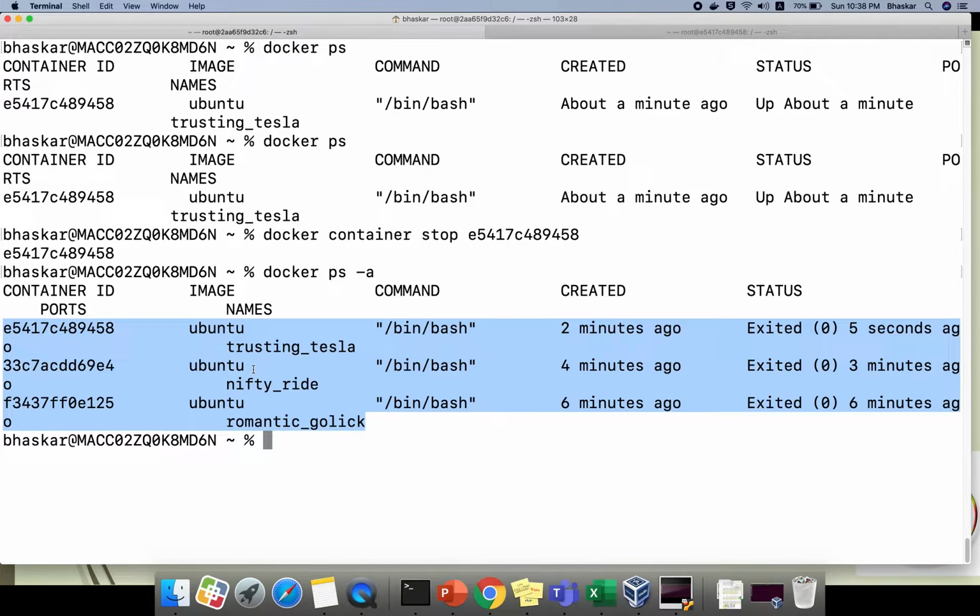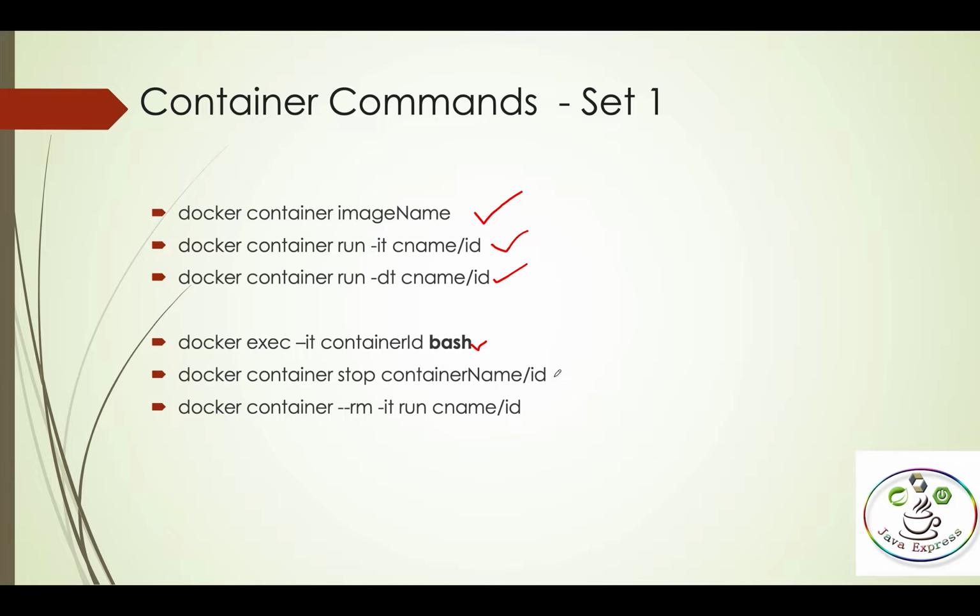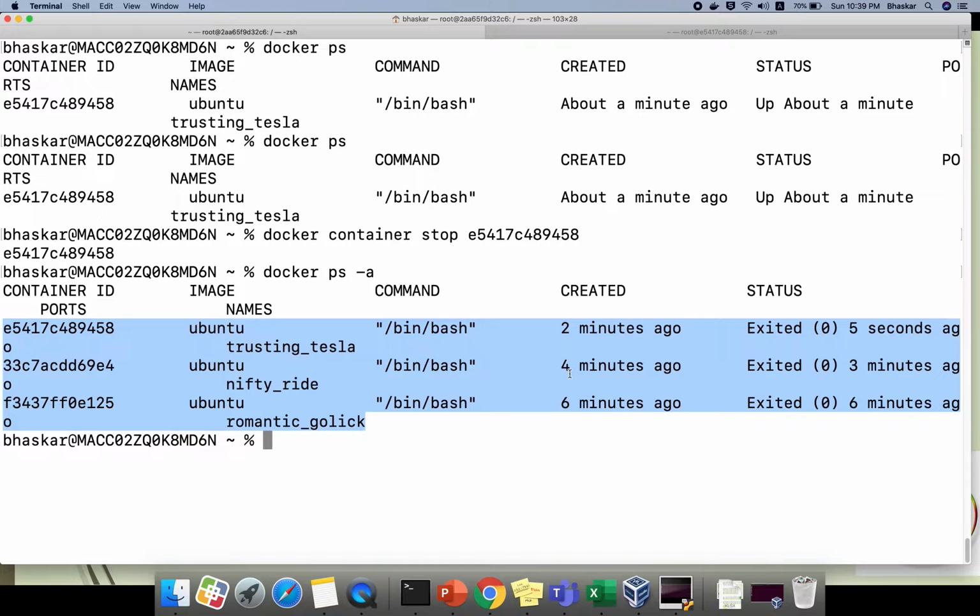Now we'll go for the next command. Now on the fly, when I say you created a container, try to understand my question. You created a container. If you exit, what is happening? The container will exit. The container is stopped, but still the container is available in your system, right?